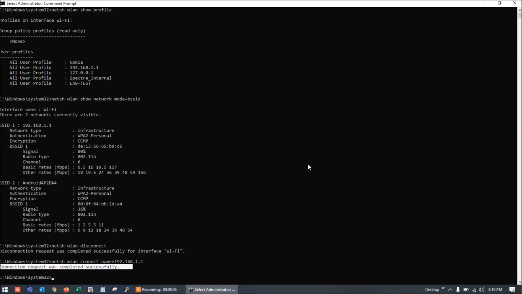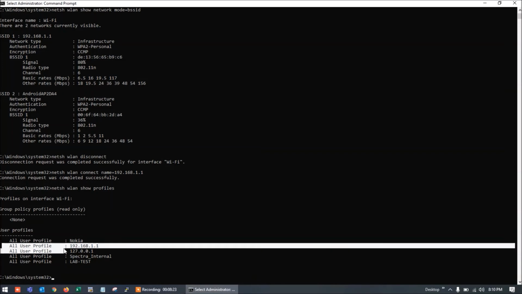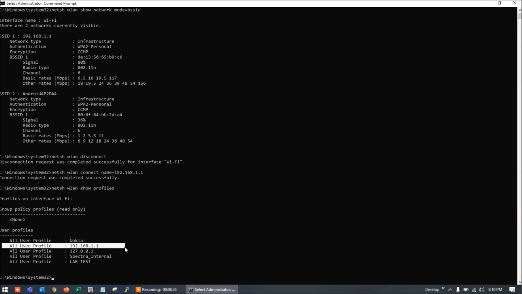First, we have already run the command to check the profiles. I will retype that command: netsh wlan show profiles. Right now we are going to find out the password for this one, which we have already seen through the GUI interface.